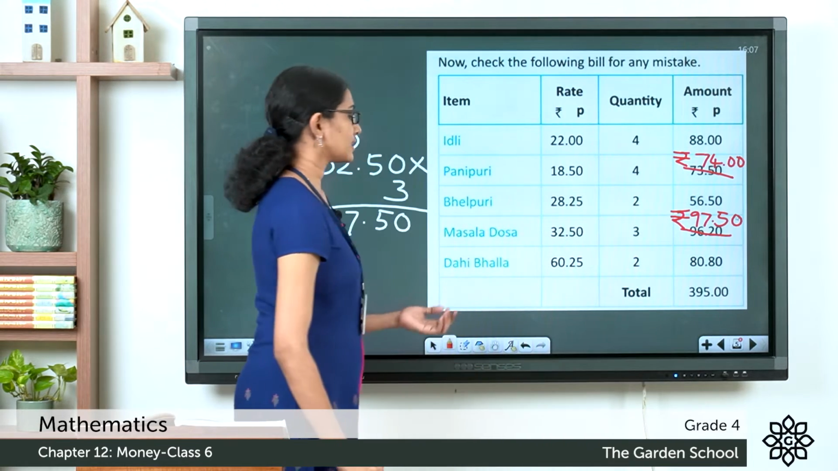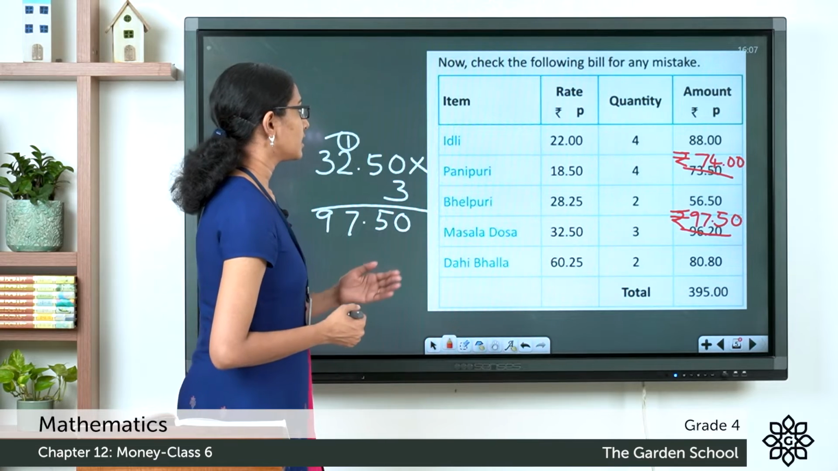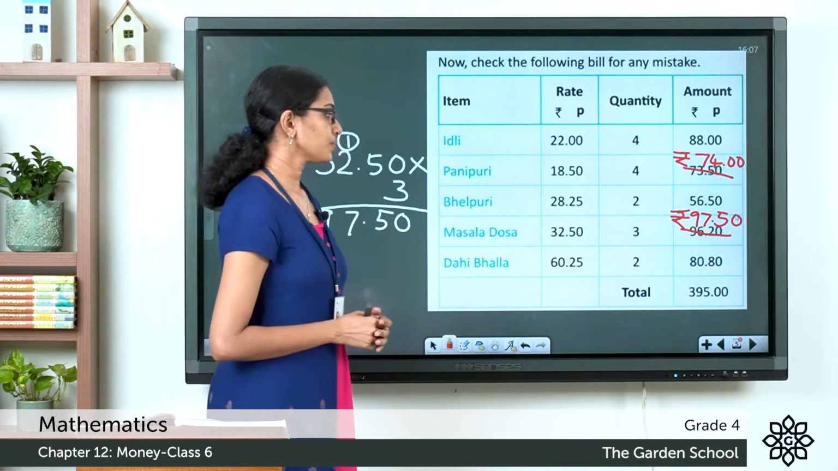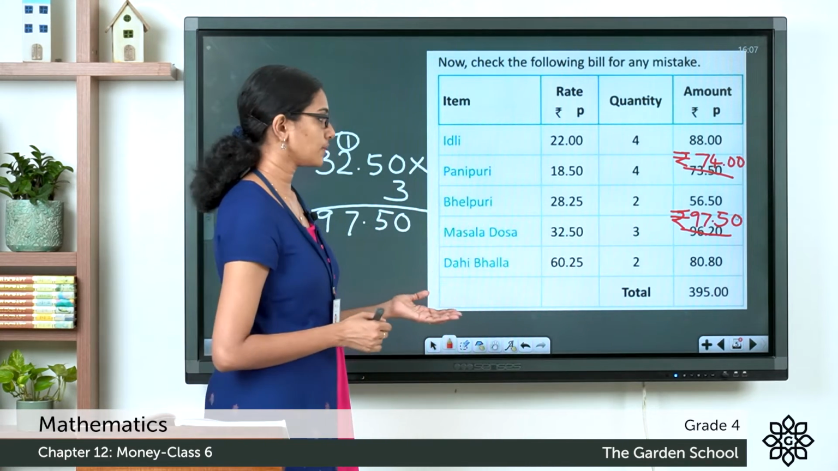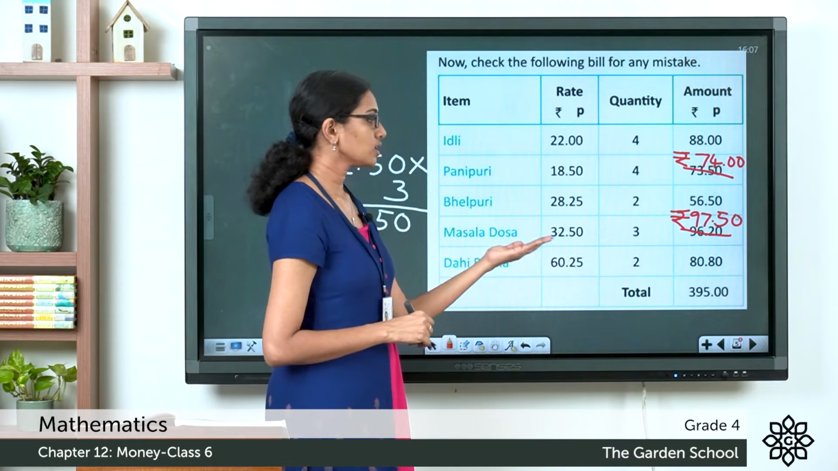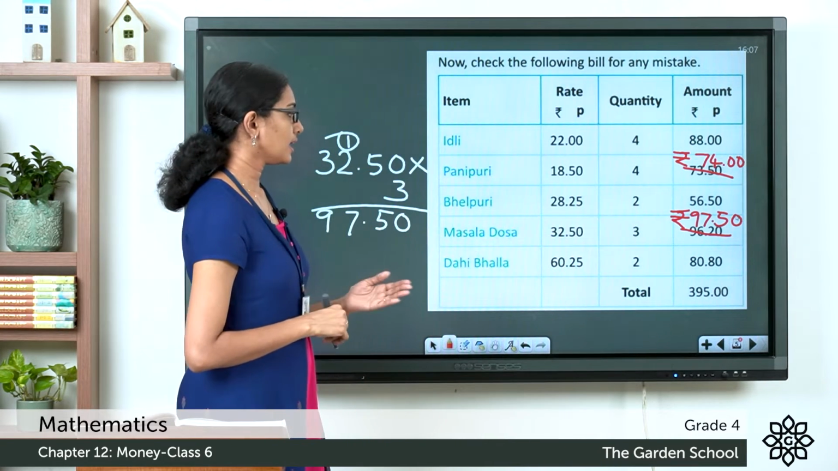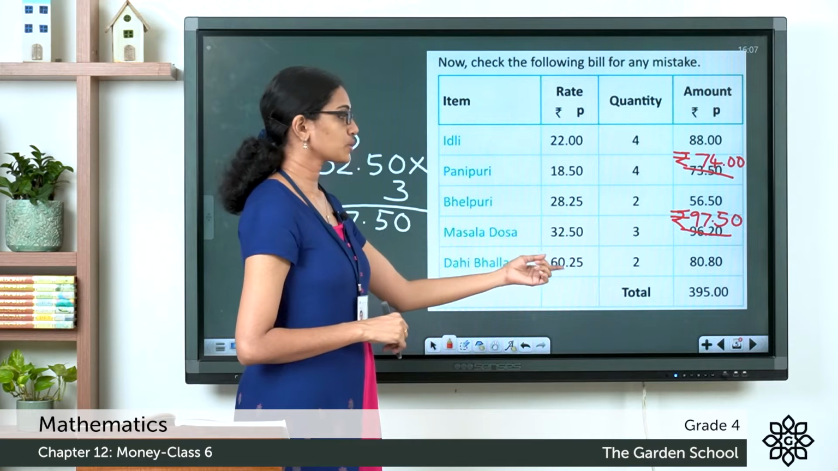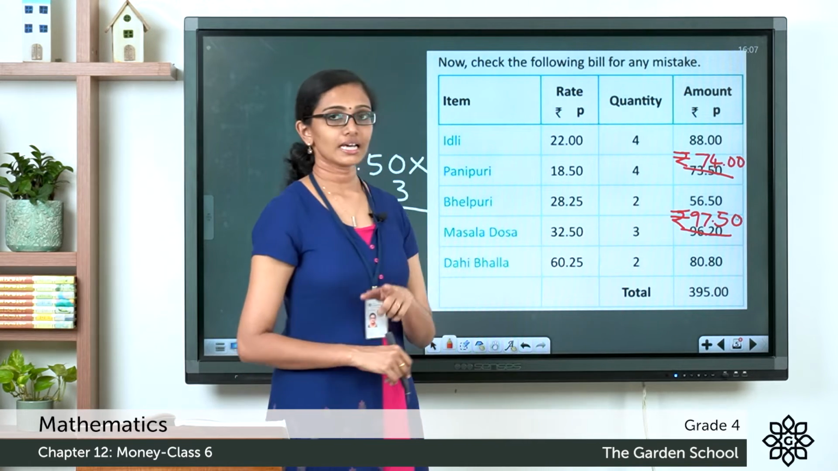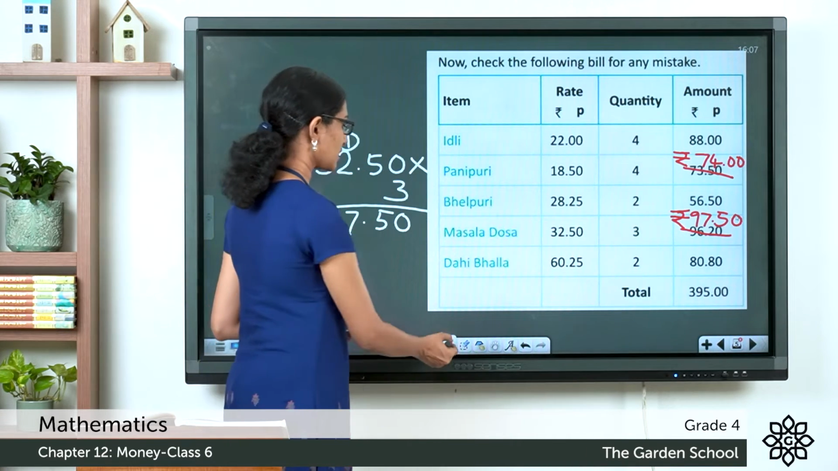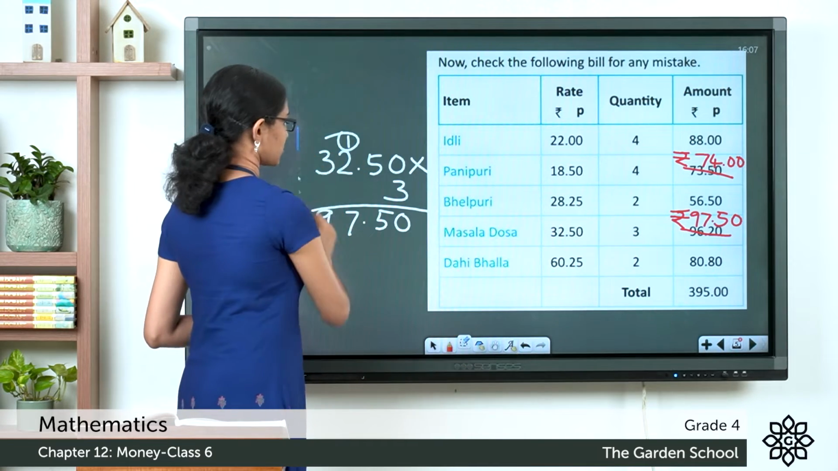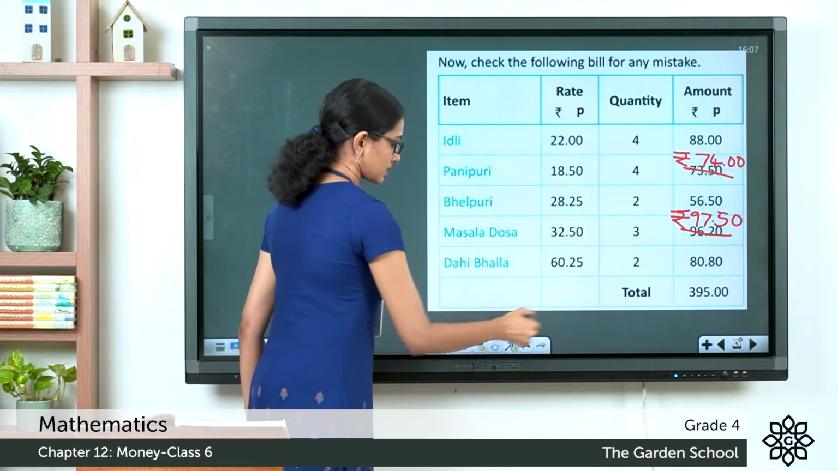Now the next one, dahi bhala. The rate per item is 60 rupee 25 paise and you are buying 2 units of it. Hence the cost of dahi bhala is 60 rupee 25 paise into 2. Let's check if the amount given there is correct. So let's do the multiplication. Now 60 rupee